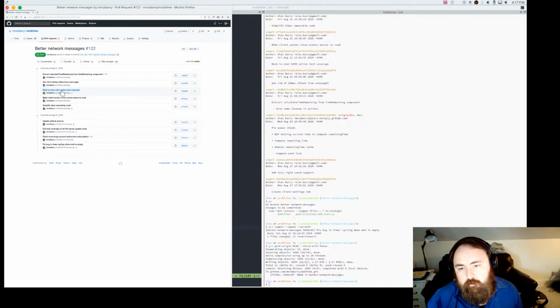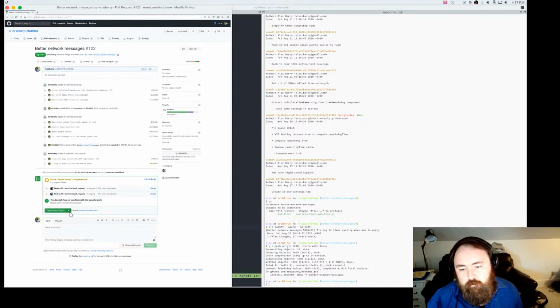Back to near 100% action test coverage. Isolated enough. So I think these will be a rebase once things are done. Oh yeah, I should really tell it to ensure that this passes first.